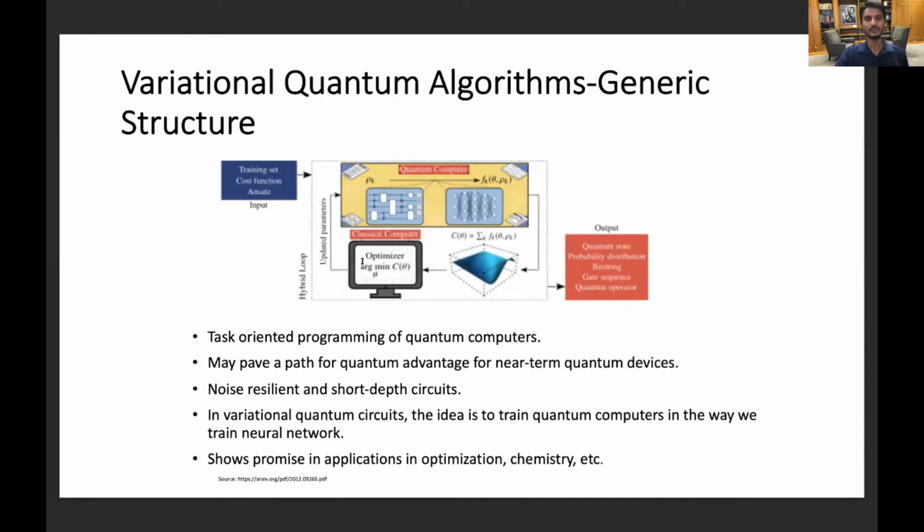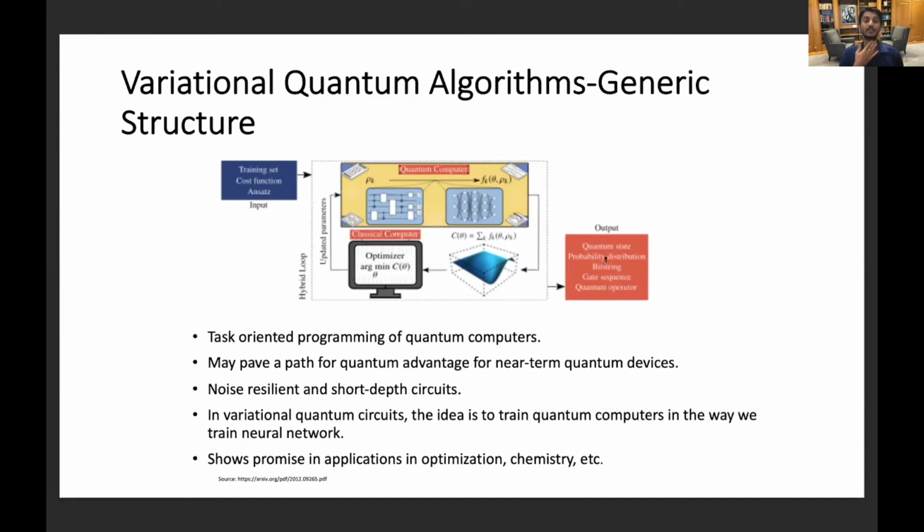Okay, and then after one step of optimization, the answer is again sent back to the quantum computer for the next step. The cost function is computed again and then fed to the classical optimizer, and then this cycle keeps going on until we reach some convergence criteria, and at the end we get the quantum state that corresponds to the right answer, and probability distribution, and so on and so forth. So this model